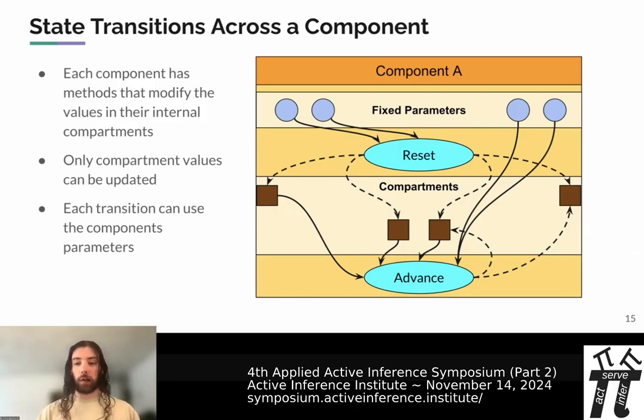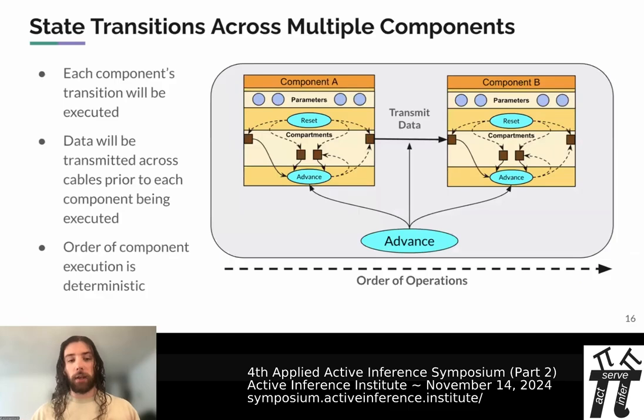And it's important to note here again that the parameter parts are fixed. It's only the compartment values that we can change. So you couldn't see advance draw a dotted arrow up to one of the fixed parameters, because they are once again fixed. So now that we know how to do a transition across one component,